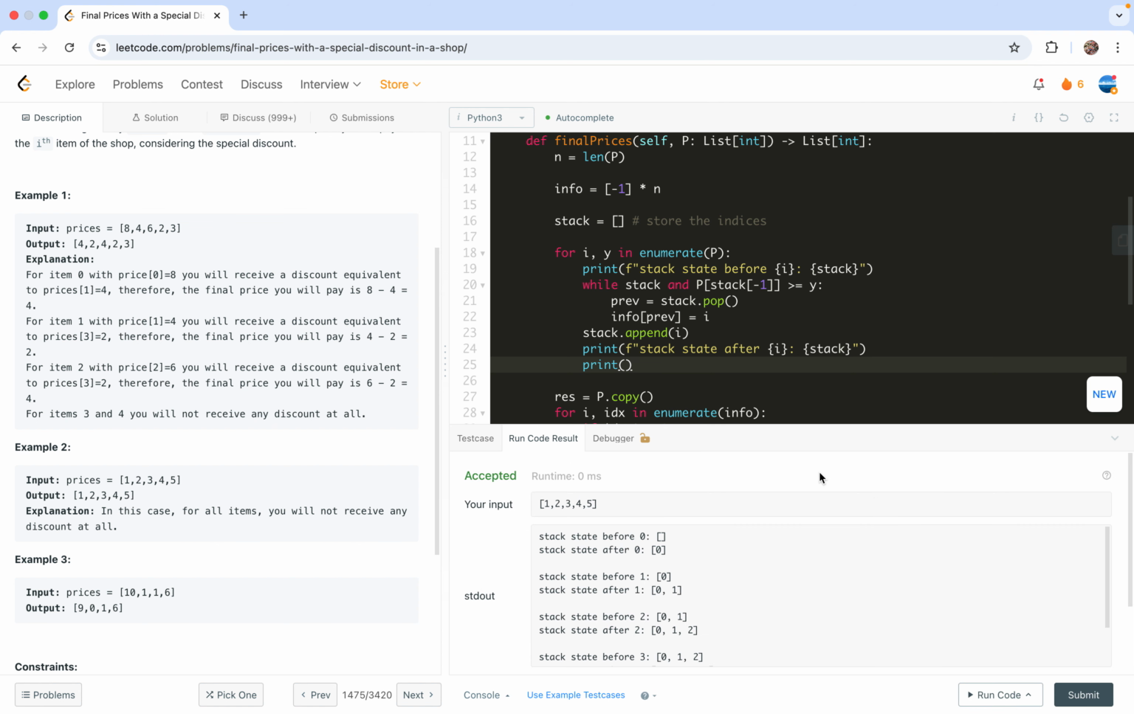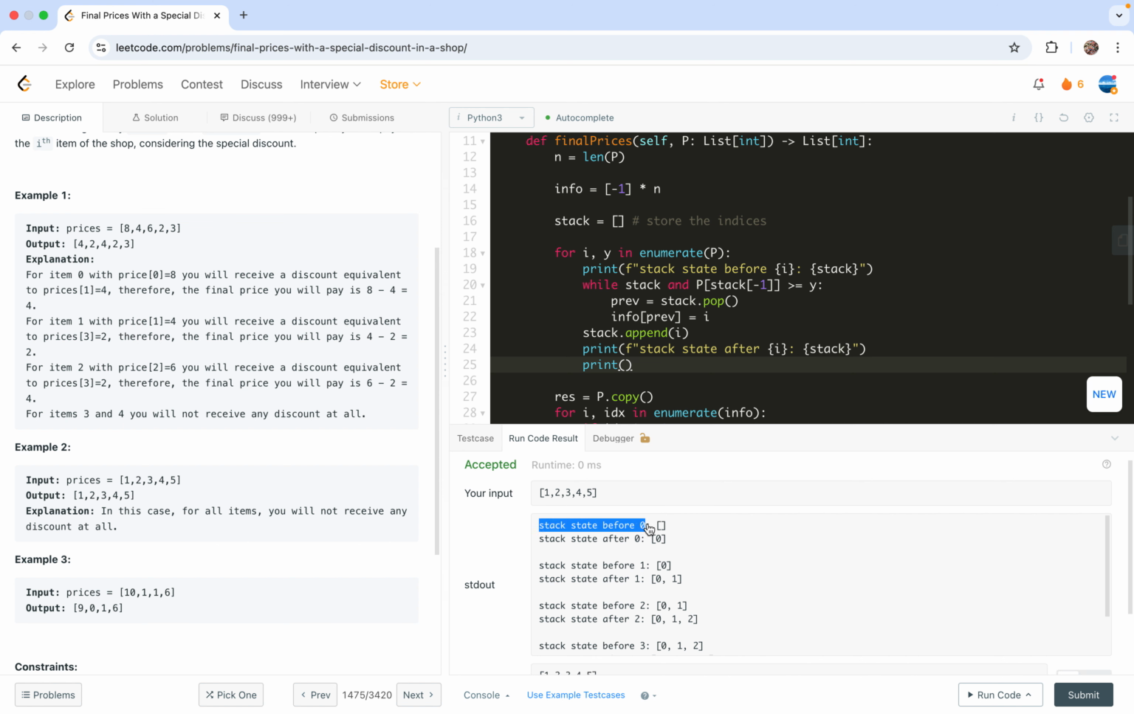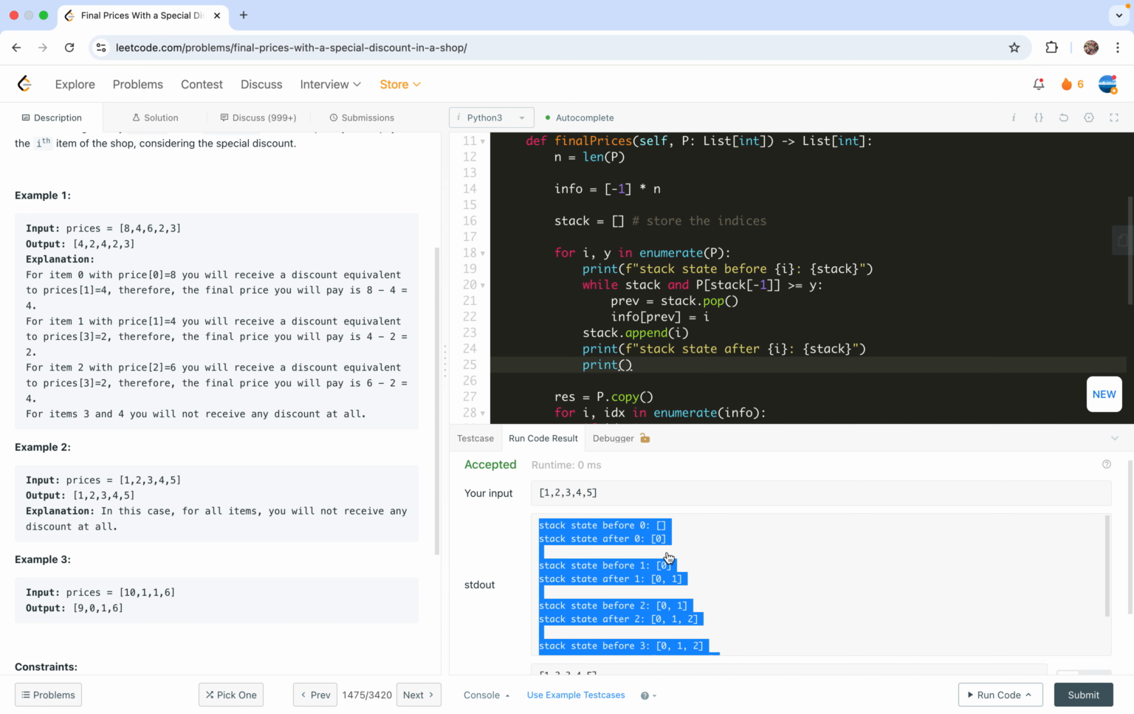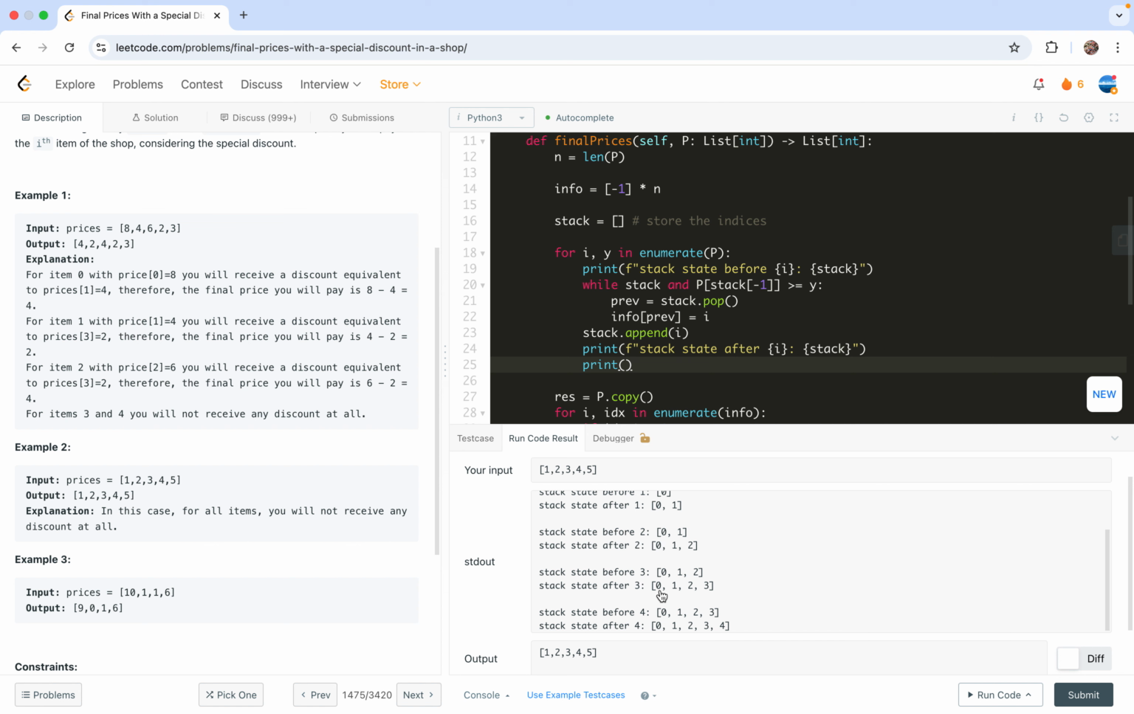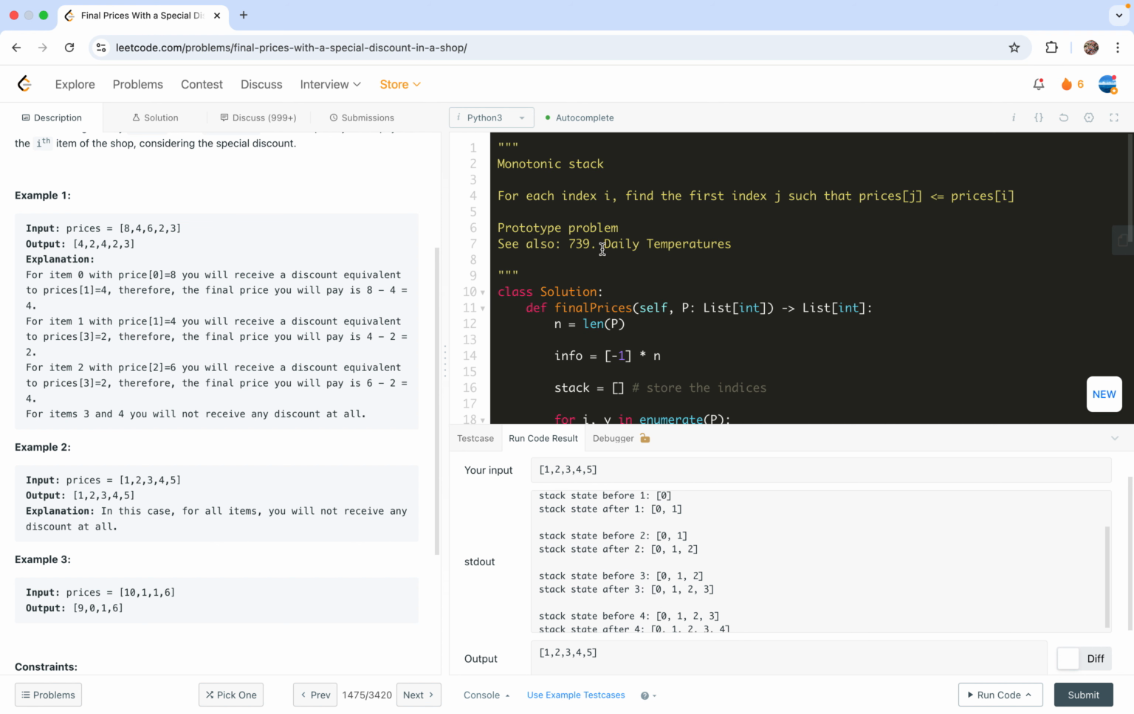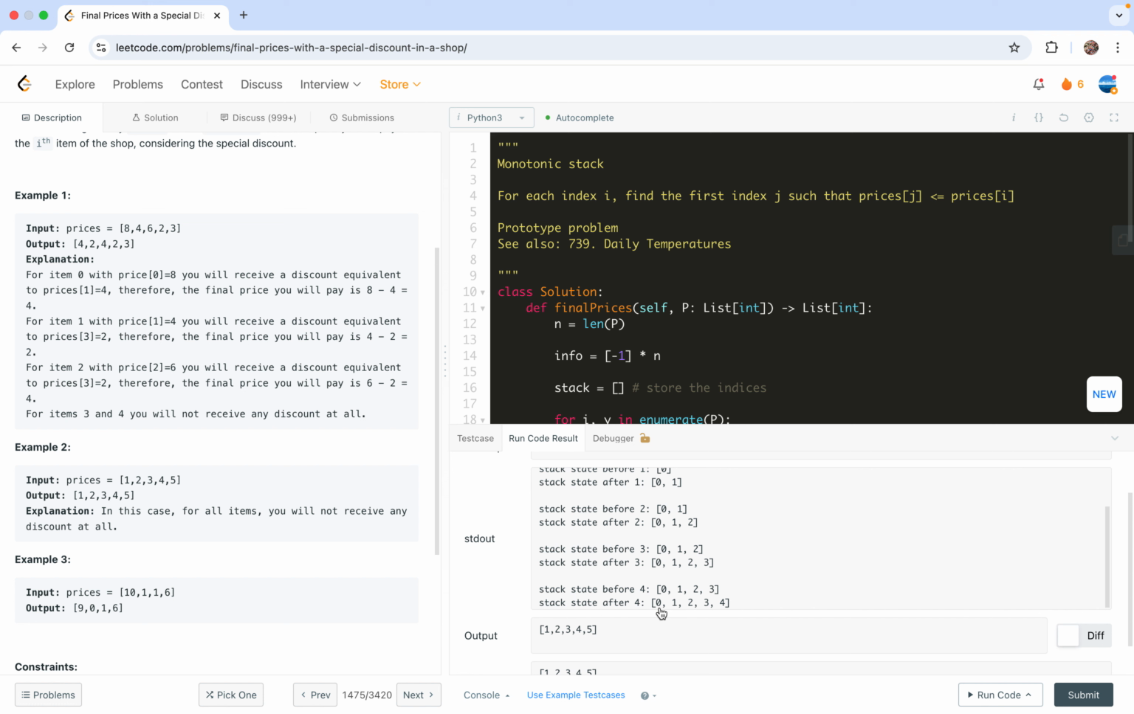Let's run that, right? Before, it's empty, then after you get index 0, and then you get 0, 1, and then you get 0, 1, 2, and then you get 0, 1, 2, 3, 4. So in other words, the indices in the stack, if you consider the corresponding elements, correspond to monotonically increasing element values. So if you look at this one,